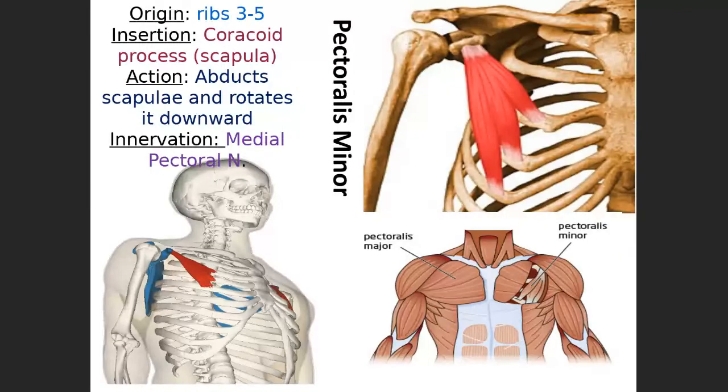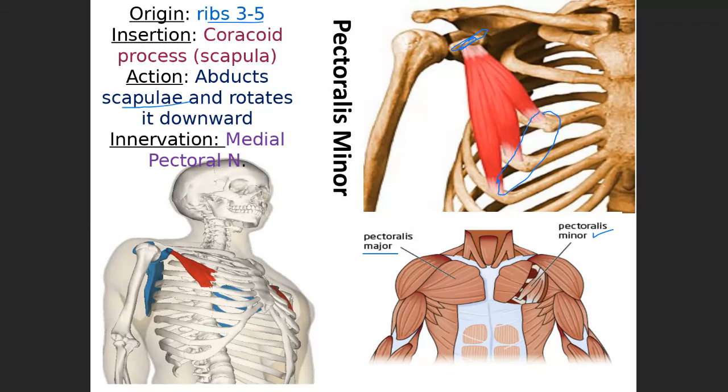So underneath that major, you can see the major here. We could pull this up. Underneath it is the pectoralis minor. So this one, the origin is along rib 3, 4, and 5. And this one's going to insert along that coracoid process. Okay, so therefore, the action is associated with the scapula because it's going to pull the